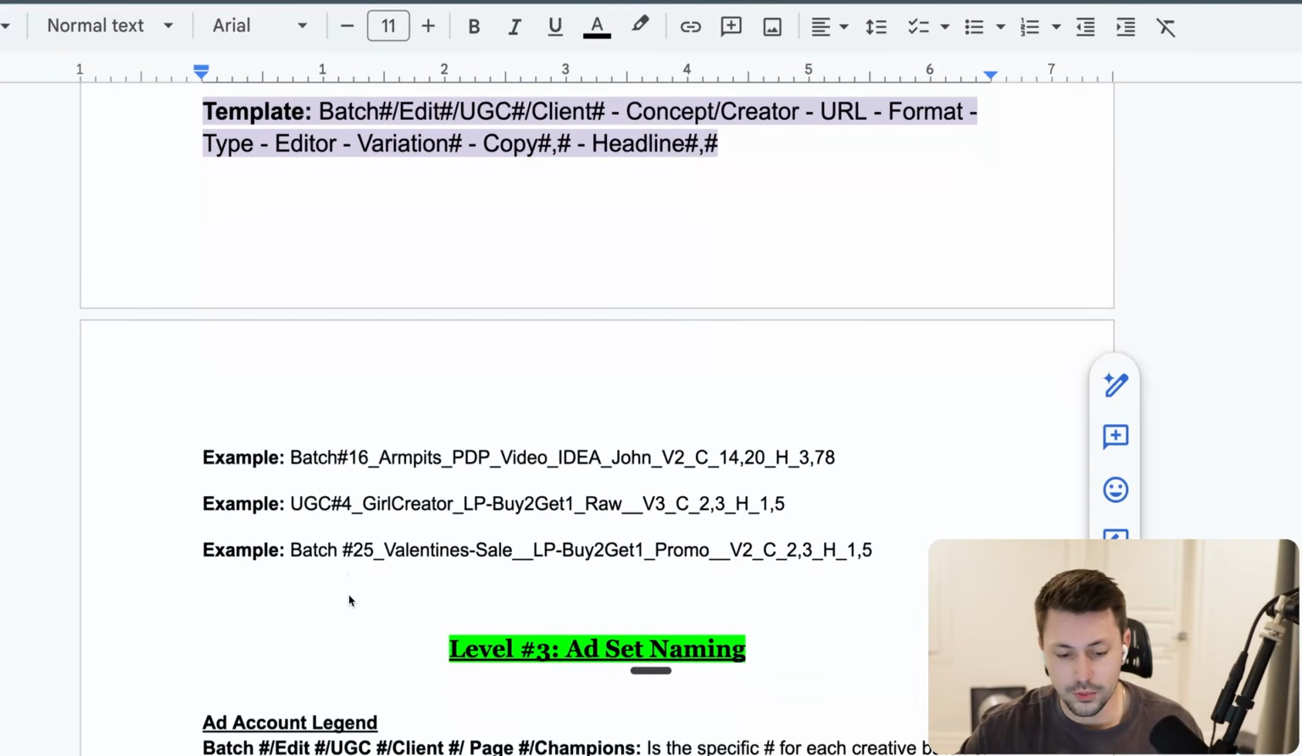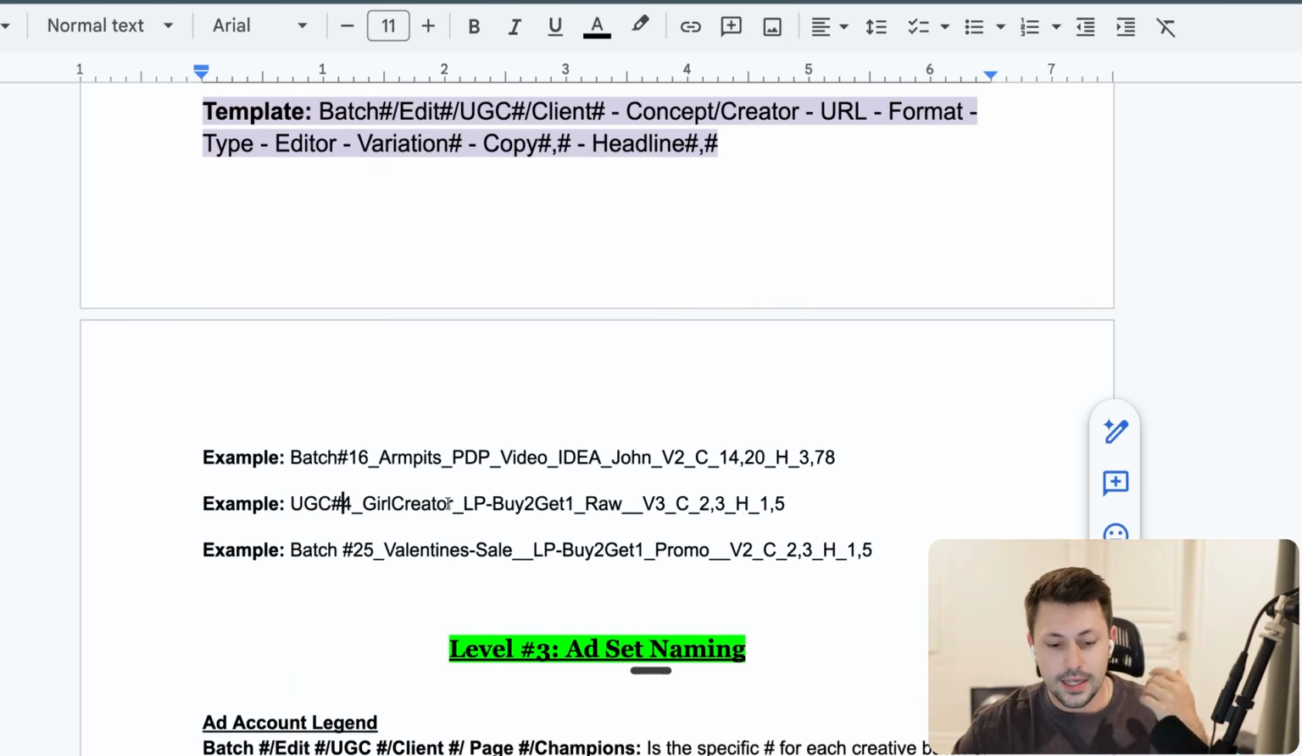Just to give you guys another example as well, again, we have UGC number 4. So again, this is the 4th UGC that we got. It's by girl creator. Okay, it's running to a buy two, get one LP. It's a raw ad. Again, it's a new creator that we are testing. This is variation 3 because we always add cuts to each and every single video that we get from creators